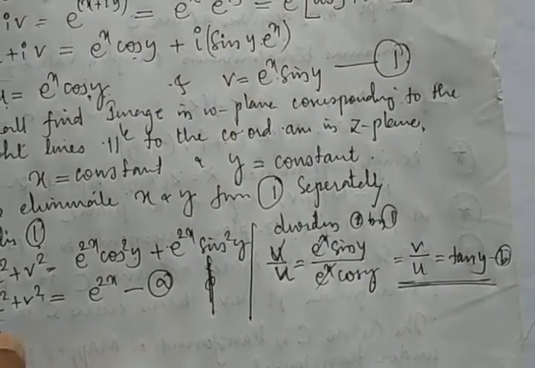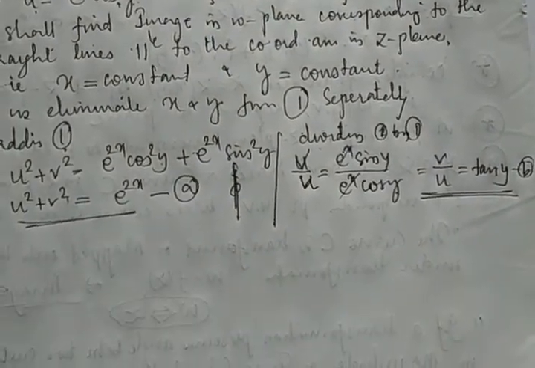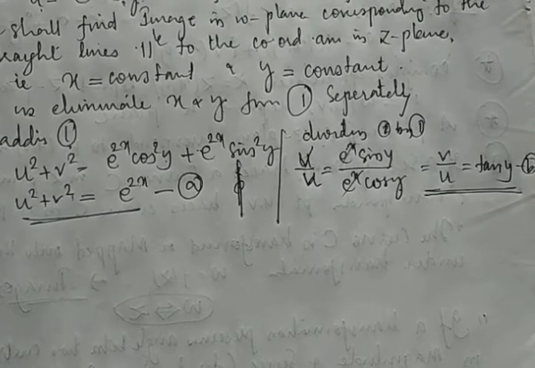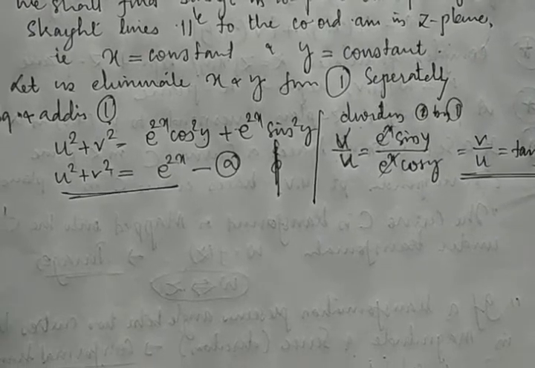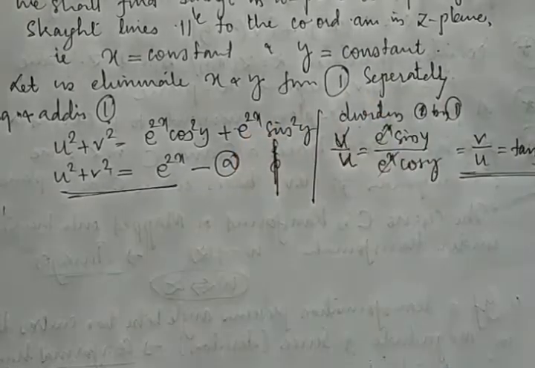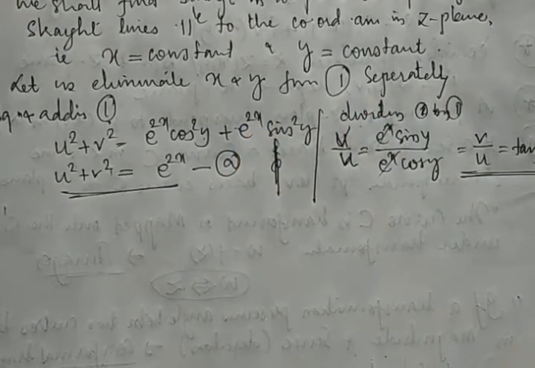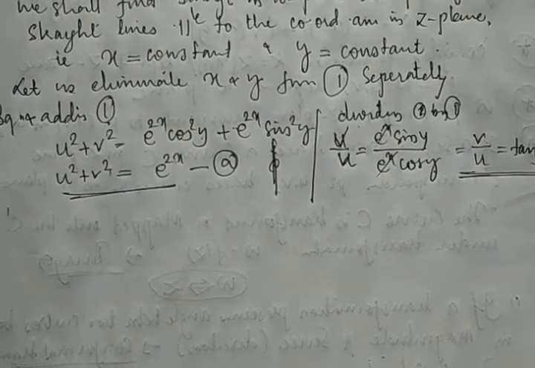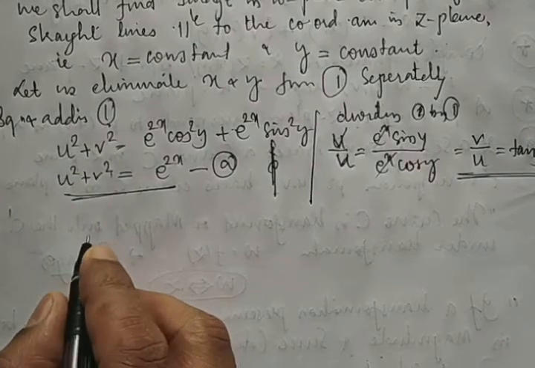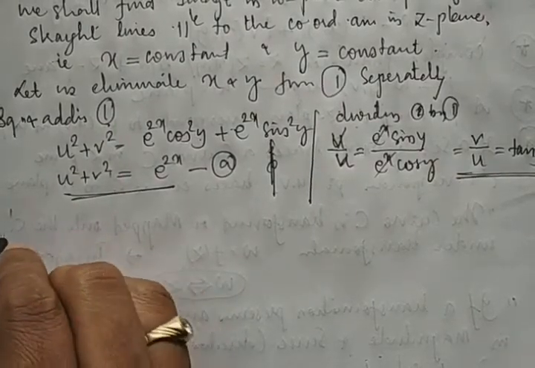So here we got two results. So how to utilize these two results to go through the next discussion here. We'll take one by one, because already we have taken x is constant and y is constant. So we are going to take a straight line parallel to coordinate axis x and y. So for that we take case 1.